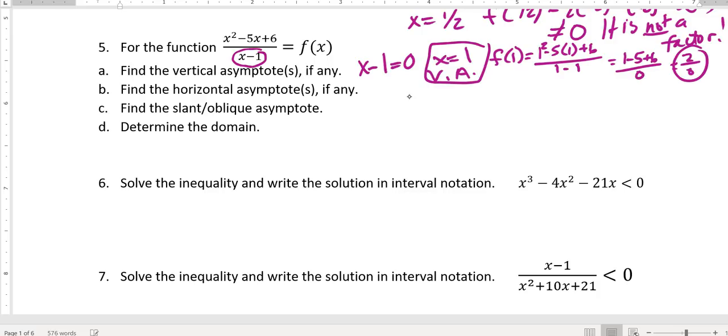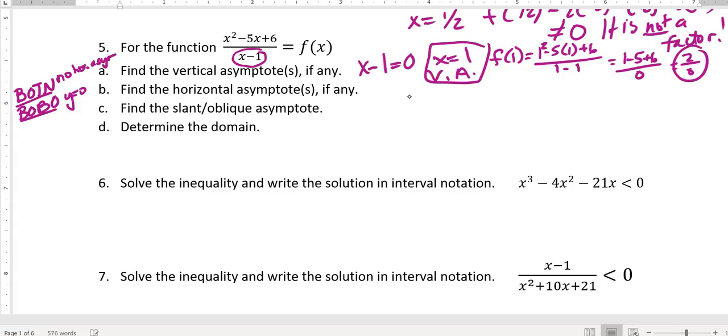Find the horizontal asymptote, if any. I told you: bigger on top, no horizontal asymptote; bigger on bottom, y equals 0. So that's here, y is equal to 0. This is no horizontal